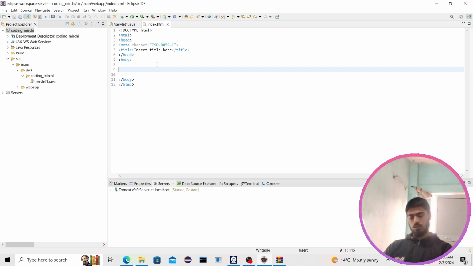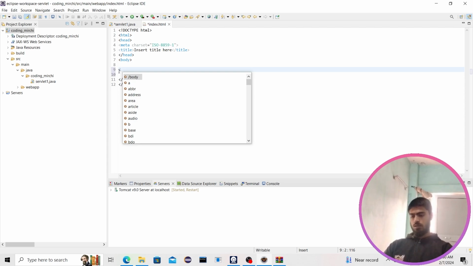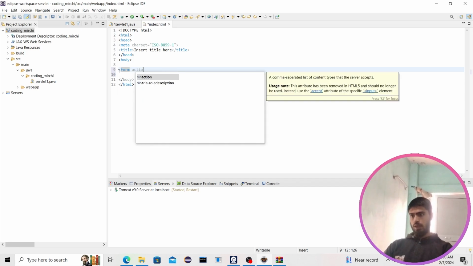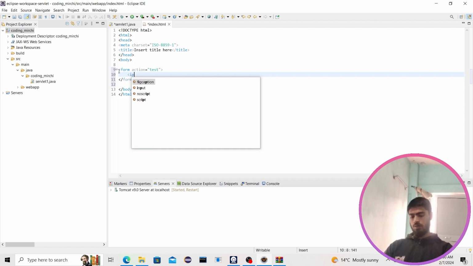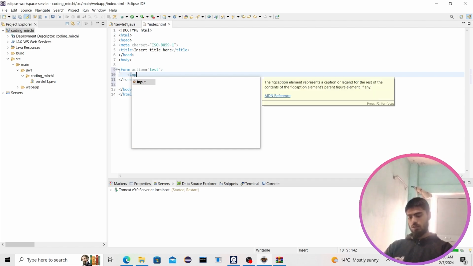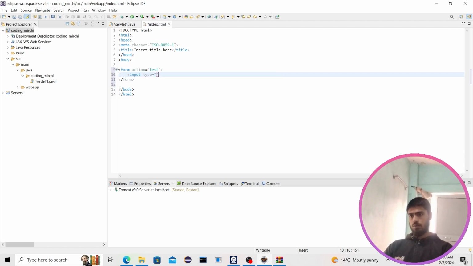Take a screenshot. So let me create a tag form, action. Let's name it test. Inside form action, there have to be input type text, name value 1,